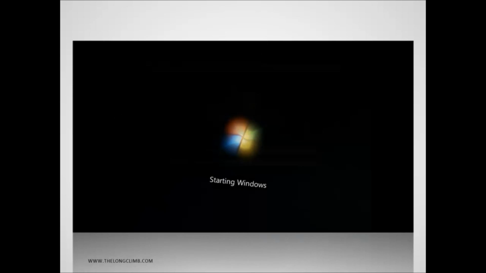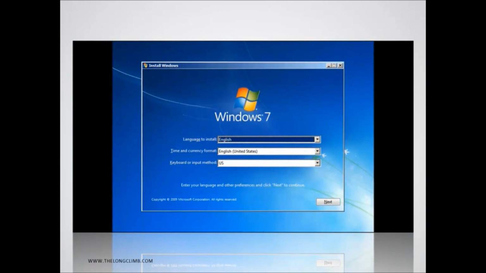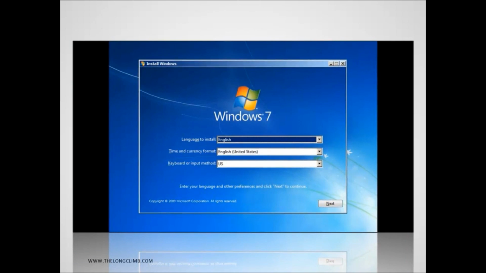Sometimes the boot files that are required for Windows 7 to load become corrupt and need to be repaired. To do this, you'll need either a startup repair CD or your original Windows 7 installation DVD. A Windows startup repair CD or DVD will take you straight into the Windows startup repair options, but if you're